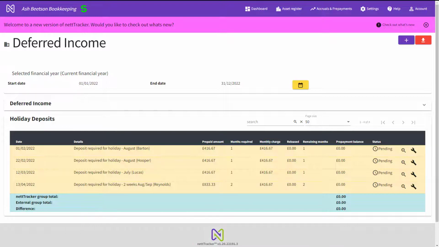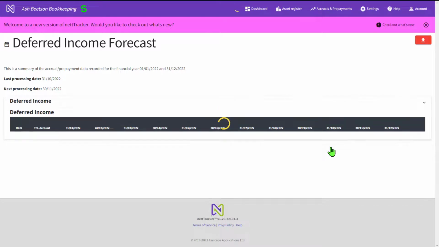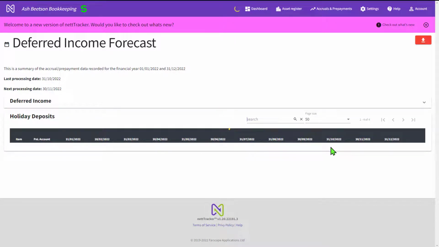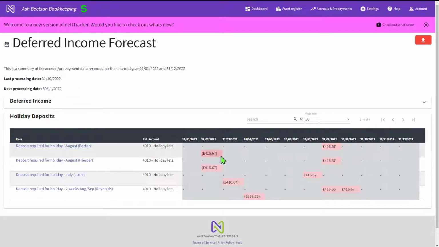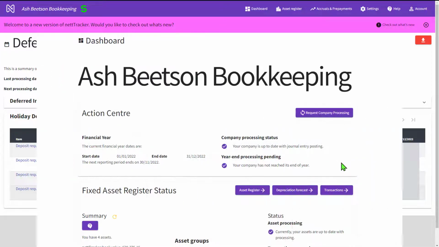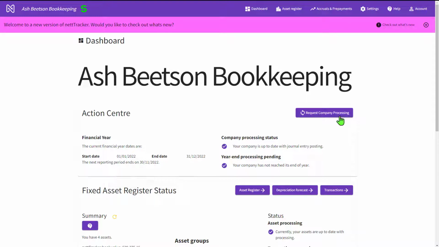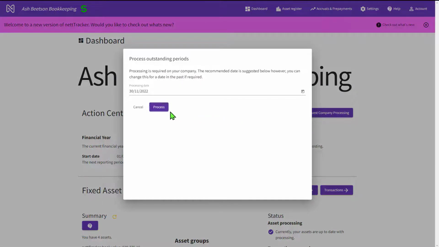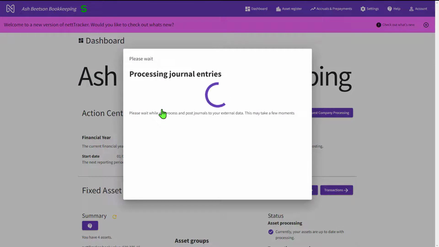If I take a look at the forecast now for my holiday deposits, I can see I have items that will remove values out of the profit and loss, and then entries that will put them back into the profit and loss. So the one there that straddles the 2 periods has got 2 entries being made in August and September. From the nettTracker dashboard, I'm going to request company processing to make sure all the journal entries are brought up